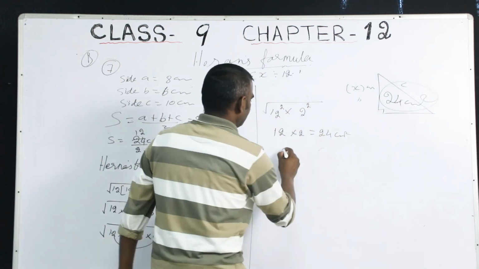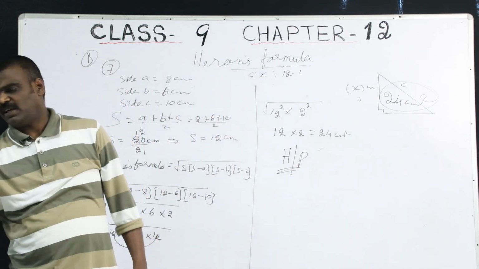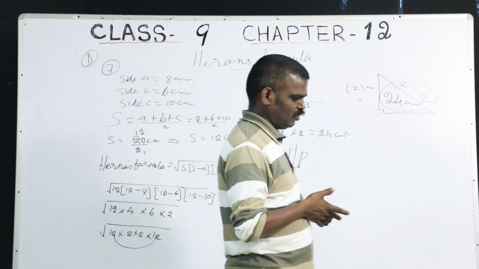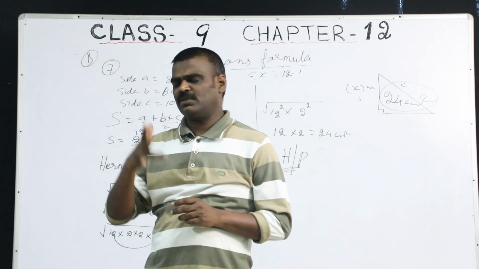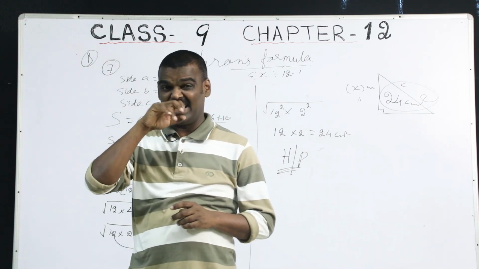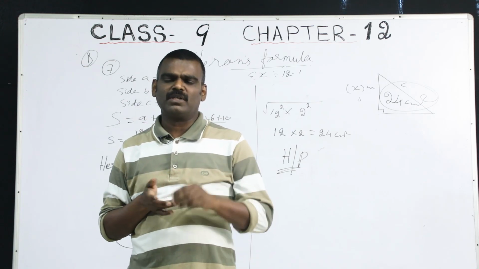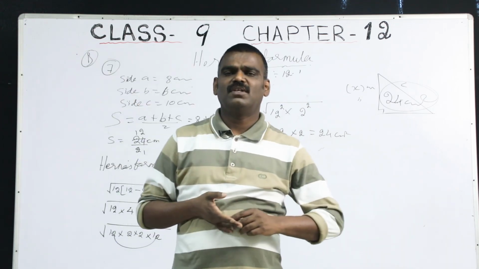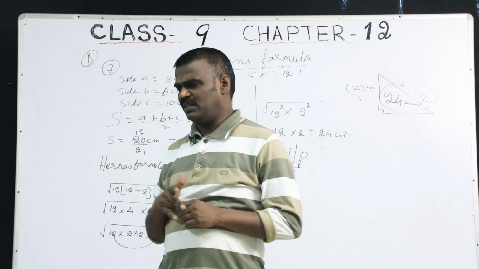Okay. So, hence proved. Understood? Okay. Now, children, today we have completed one exercise. We have learned a lot. What is Heron's formula? Who is Heron? That mathematician from where? Egypt. And what is the formula he derived? To find which one? Area of the triangle, if height is not known. If the height is not known to us, then we can use Heron's formula. For that, he made a formula called Heron's formula, root of S into S minus A into S minus B into S minus C. That formula you apply, we will get it.